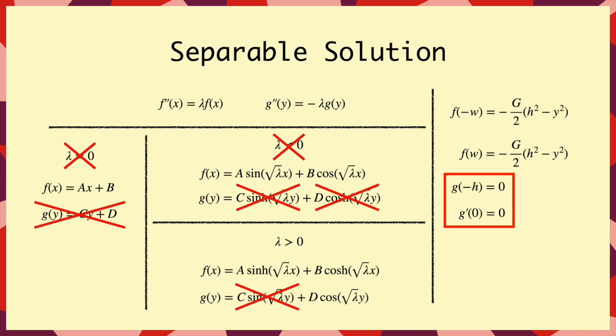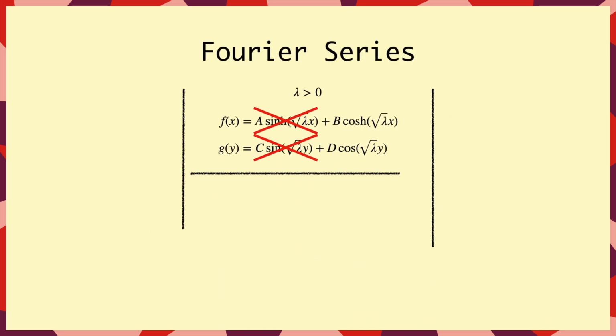Looking at f of x as well, we can see the boundary conditions are symmetrical on the left and right boundaries, and cos is an even function, so it's symmetrical about the y-axis, whereas sine is not, so the only possibility is to have a equals 0. Great, so we've narrowed down our solution to just one form, so we can multiply f and g back together again, and we'll simplify the constant and just call it a,